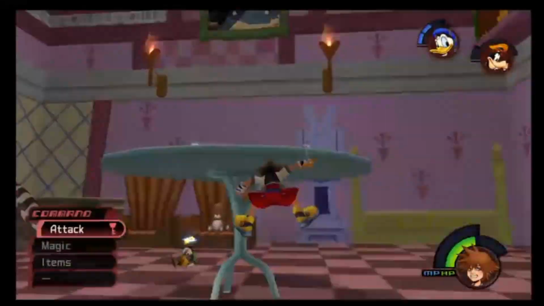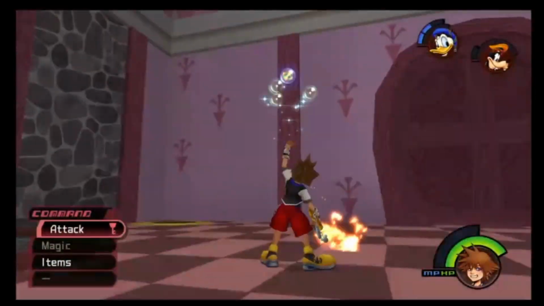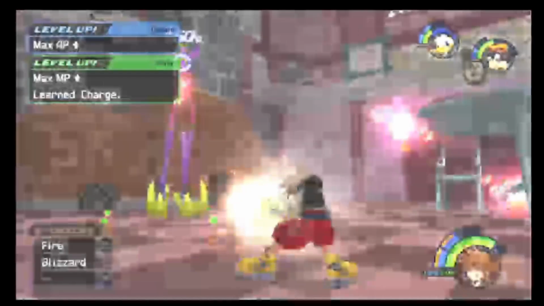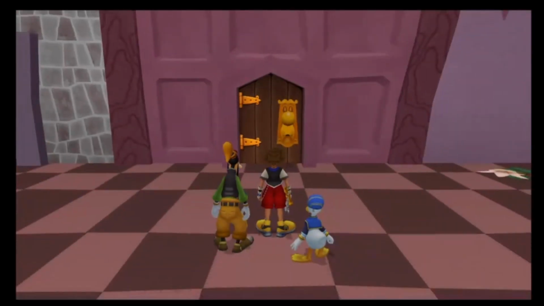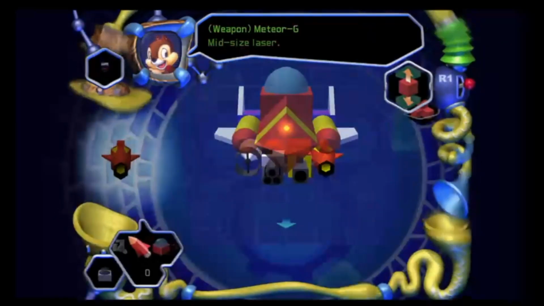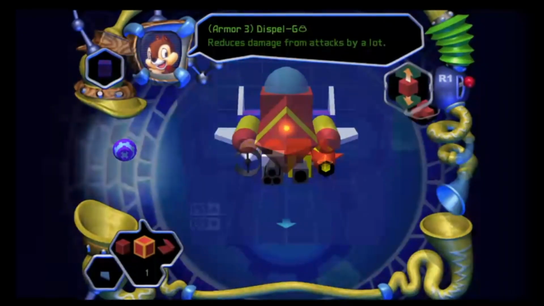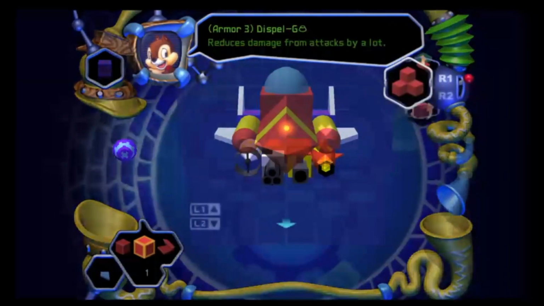At this point, you should be at around level 12. If you are at a higher level, then great. If you are at a lower level, I would consider grinding just a little bit, or perhaps changing worlds. Back to the gummy ship menu, we're going to install the Thundara gummy as well as